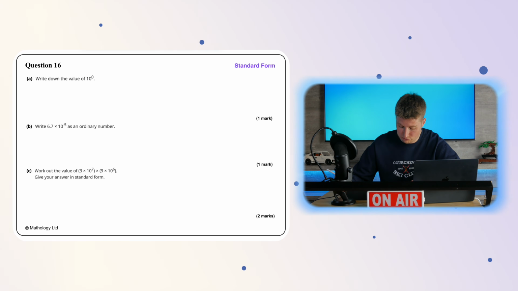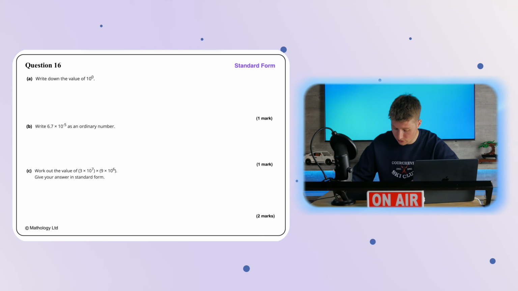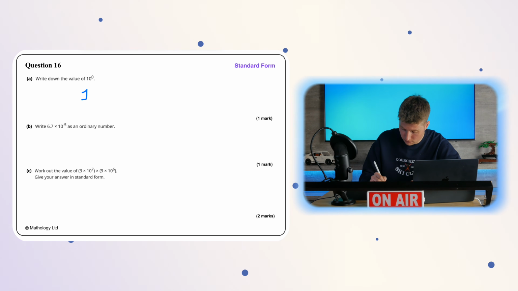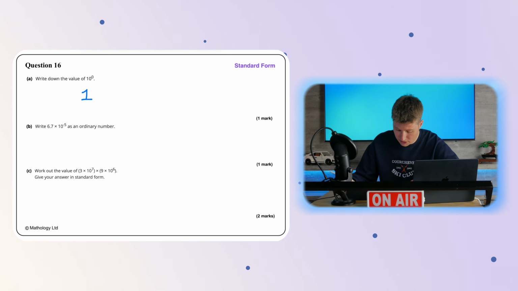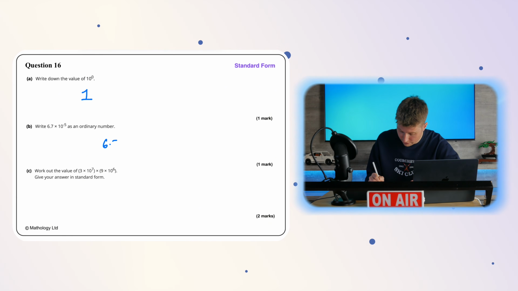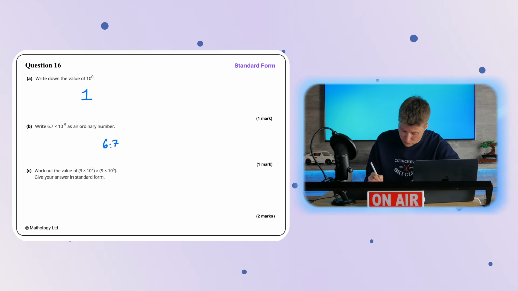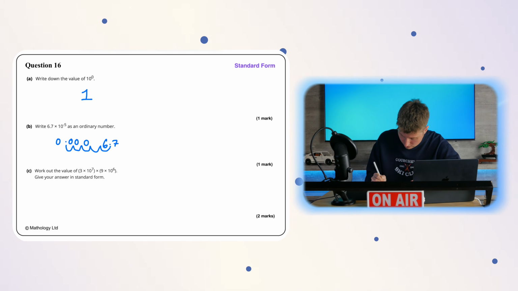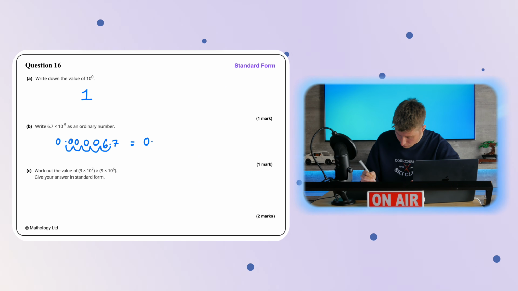Question 16 says write down the value of 10 to the power of 0. So anything to the power of 0 is always 1. Part B says write 6.7 times 10 to the power of minus 5 as an ordinary number. So if we've got 6.7, the minus 5 signifies that we move the decimal point 5 units to the left. So 1, 2, 3, 4, 5. And then we fill in the gaps with zeros. So the final answer will be